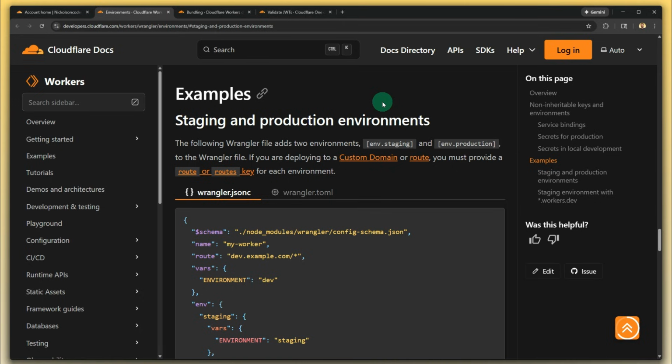So, first, we're going to configure our wrangler.jsonc file for separate staging and production environments. Second, we'll add some Wrangler scripts for deploying. Third, we'll deploy and verify that it's working. And then fourth, we'll enable Cloudflare Access so only authorized people can access the website until the website is ready